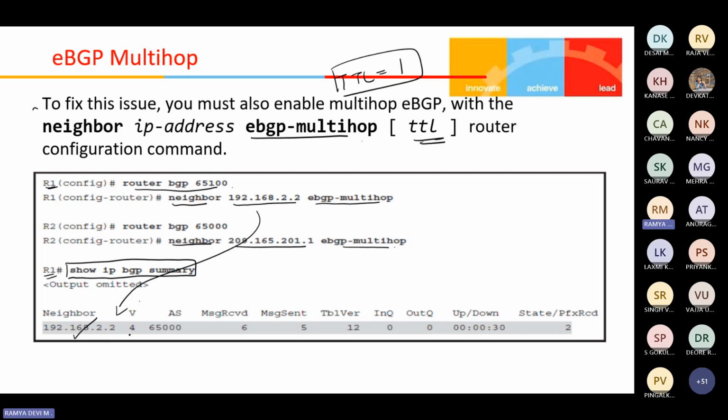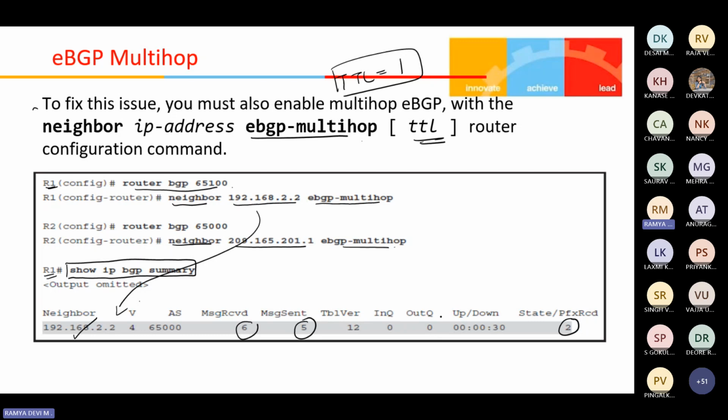It is established, right? How many messages are received? 6 messages are received and 5 packets are sent. Fine. So the state is established. 2 prefixes successfully received. So we have to configure eBGP multihop when we are using the loopback interfaces